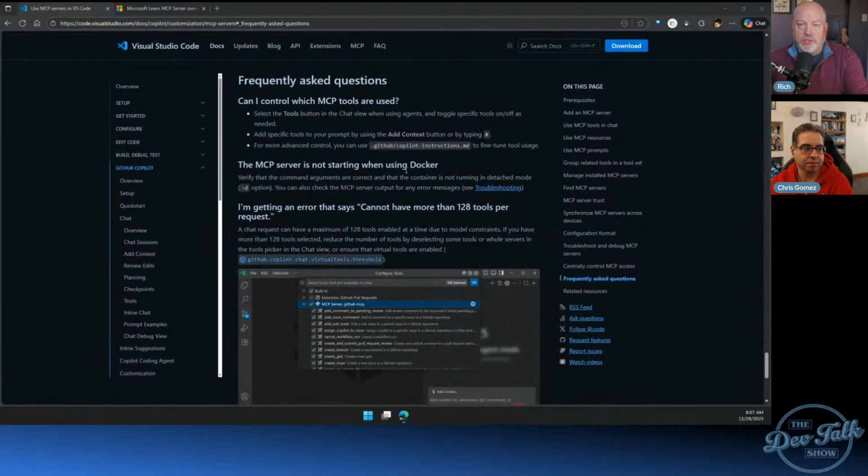Well, think about what you're doing. You're asking Copilot to do something, whether it's create an issue or go look up this bit of documentation or whatever it might be. And it's saying, well, do I know anything about this? And if so, where am I getting this information from? That's what the MCP tools give it. So these tools are all the things it possibly could do. Each one of them has a description. So if you're looking up information from our Learn documentation, there's a description inside of there that basically the agent, when it takes your request, uses to pick out what tool it wants to use.